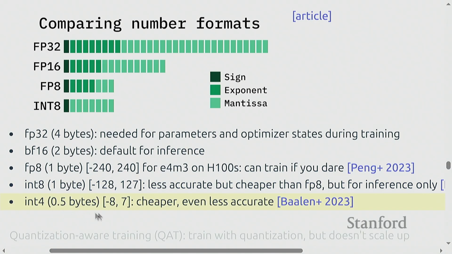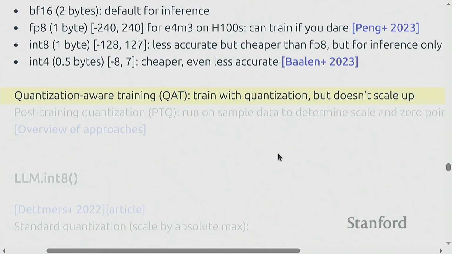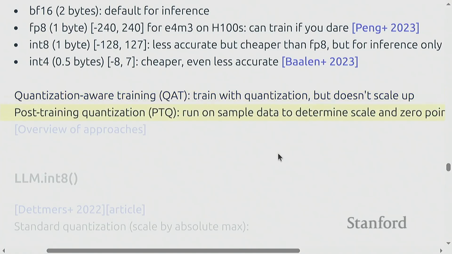There are also other ways you can do this. Once you decide that you want to quantize, you could do several things. You can train with quantization, but obviously that means you need to retrain models. More commonly, you do post-training quantization, where you take an existing model and try to quantize it and try not to screw things up too much.